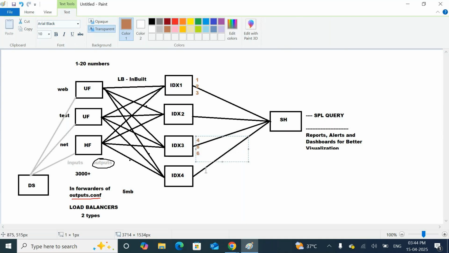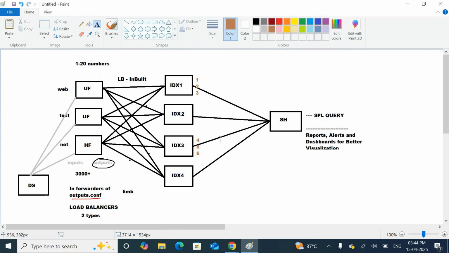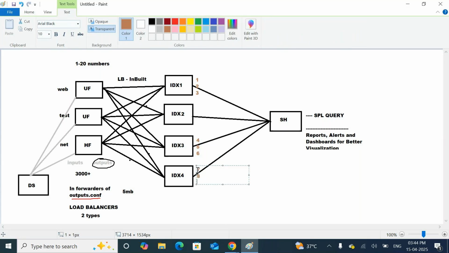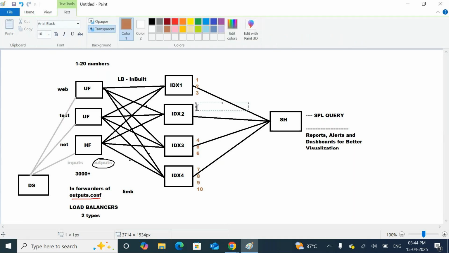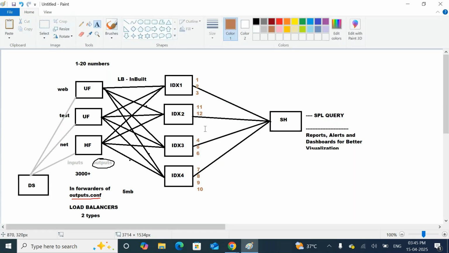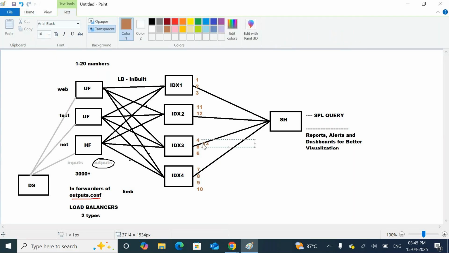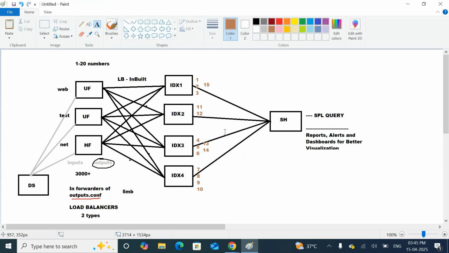Then time was completed, and randomly it will choose indexer 4 again. Seventh number will be stored here, eighth here, ninth here. Unfortunately, time is not completed, so the tenth number is also stored here. Now time was completed. The 11th number will be stored here, the 12th here. Time was completed, so 13 again it will choose this one, 14 this one. Time was completed, and now it is 15. Got my point, sir? Randomly like that it will store.